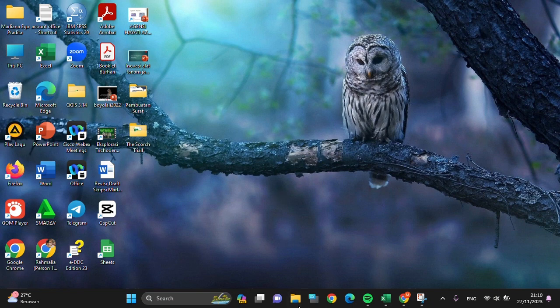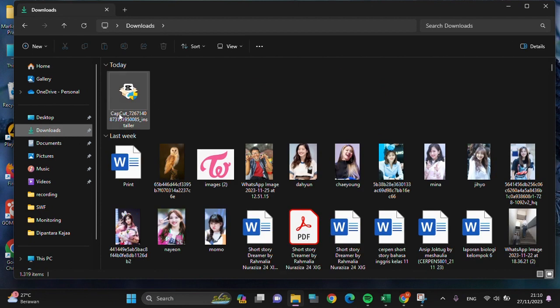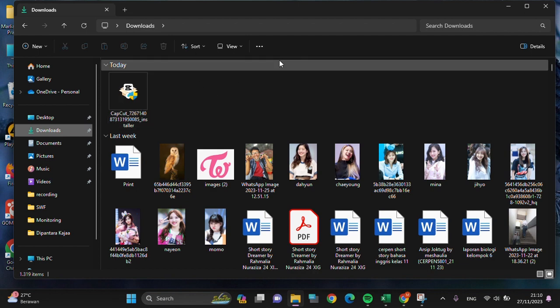So just click on file manager, then click on download folder. Okay, and this is the CapCut application, and we just need to install the CapCut. And after we install the CapCut, we will be able to use the CapCut for our editing. Alright guys, and that's how we can get CapCut on PC or